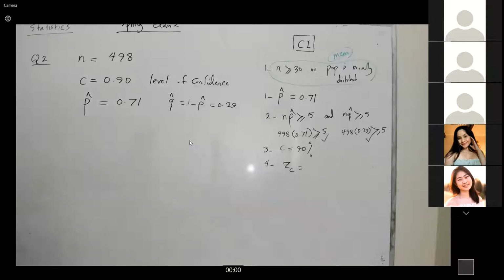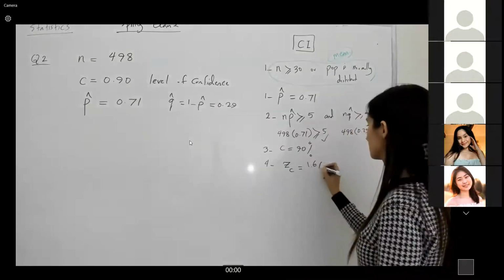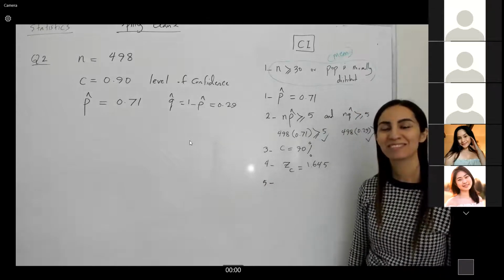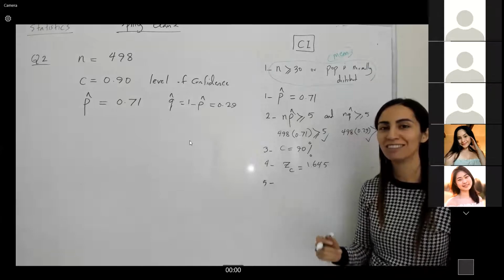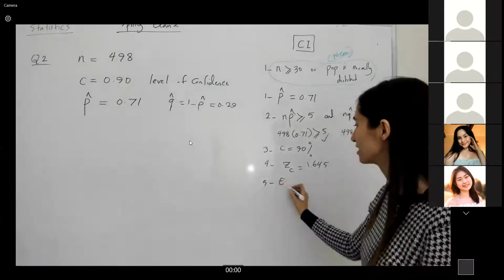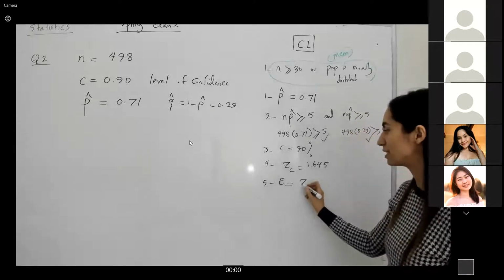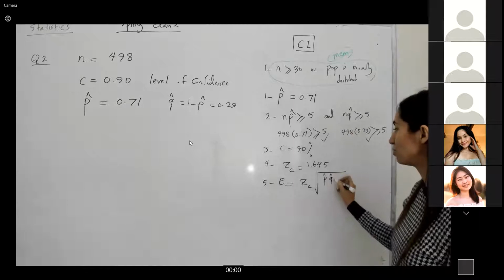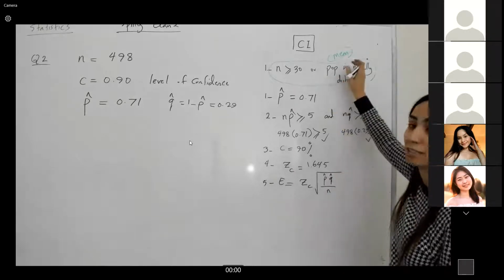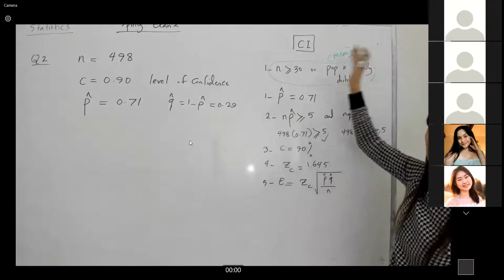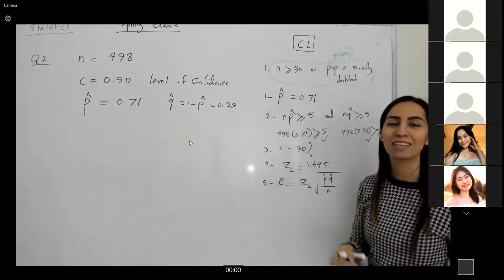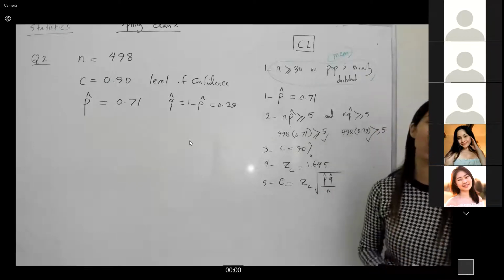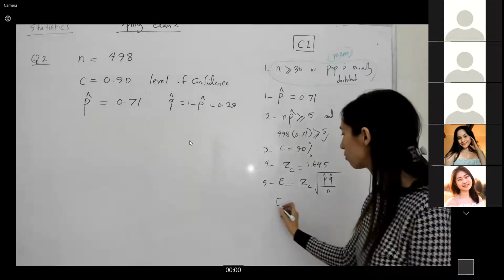1.645. Next, define margin of error. Excellent. E is equal to ZC times square root of P hat Q hat over N. Guys, it's not the mean. We cannot use the formula having standard deviation in it. We have to use the formula with P hat and Q hat in it. So E, or margin of error, is